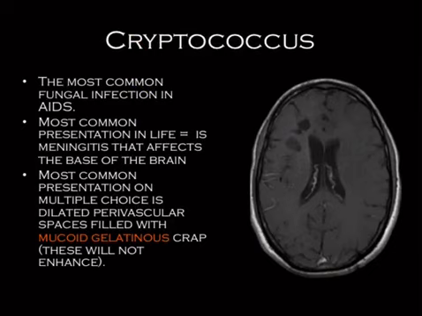Mucoid gelatinous cysts in these perivascular spaces, and that's the classic way to show it on a test or on a casebook. The most common presentation is actually it looks like a meningitis, a basilar meningitis. But if you see basilar meningitis, and we're going to have a case of that later, I want you to think of two other things, not crypto, at least for the purpose of the test. Obviously, in the real world,